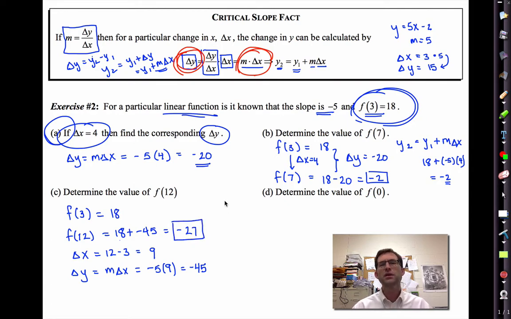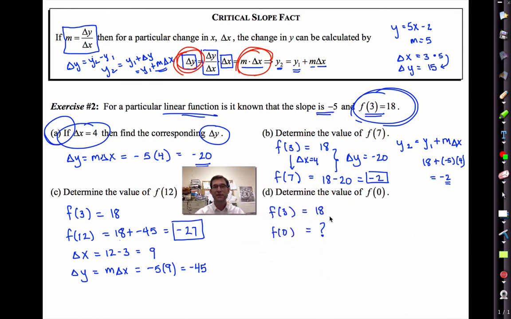Now, f of 0 is a little bit of a challenge, right? But you can actually treat it quite mechanically. The reason that it's more of a challenge is that you really have to be confident in what's going on here. I know f of 3 is 18, and I want f of 0. Well, here now my delta x is not 3, my delta x is -3. Therefore, my change in y, which is still m times change in x, that doesn't change, is -5 times -3,